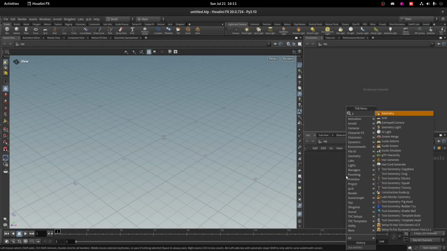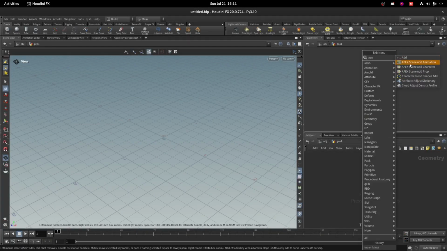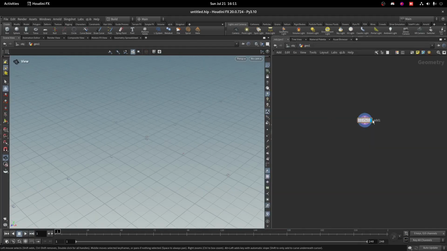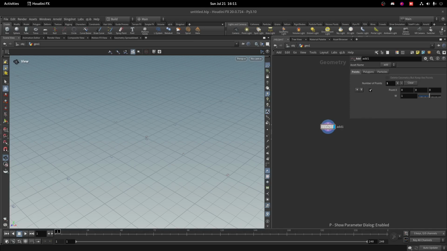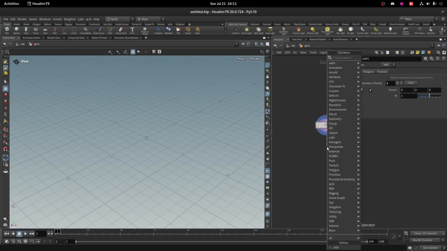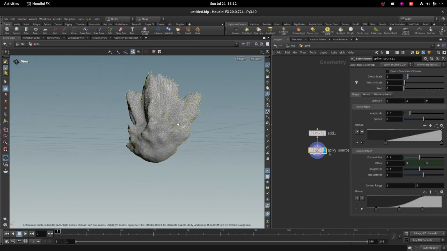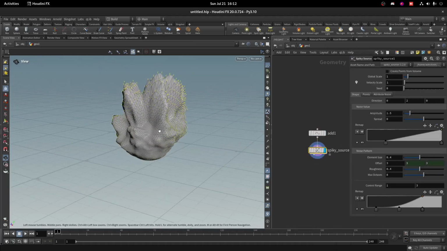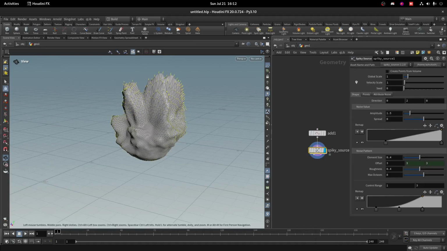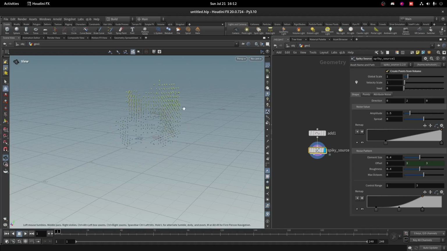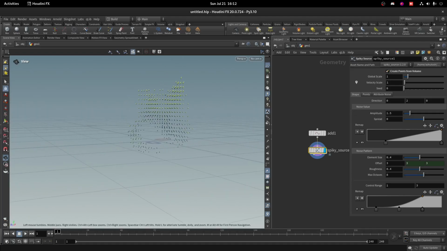First let's take a geo node and take an add node. Here we will add one point, and then we will use the HDA called spiky source. It will look like this on creation. The first thing we need to do is turn on this create points from volume, and we have to